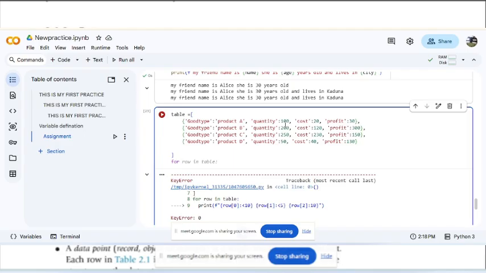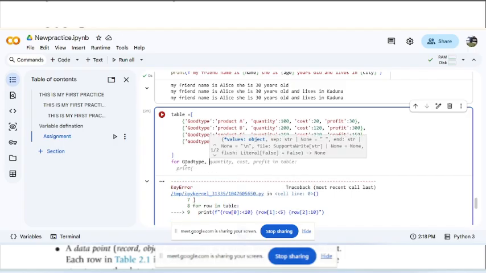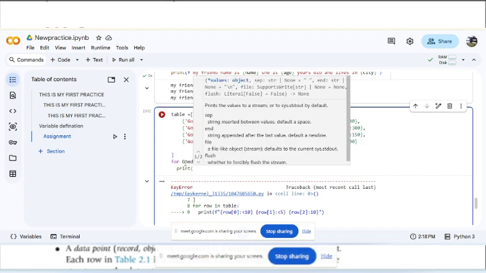So let's say for goods type, for quantity, for cost in table, print